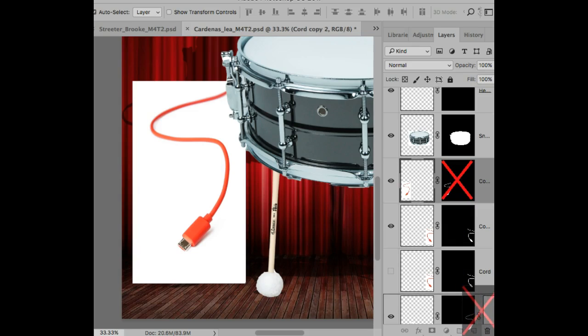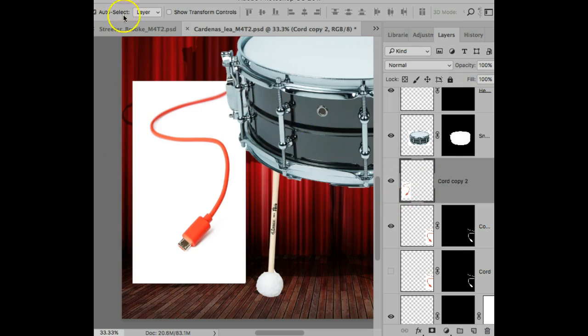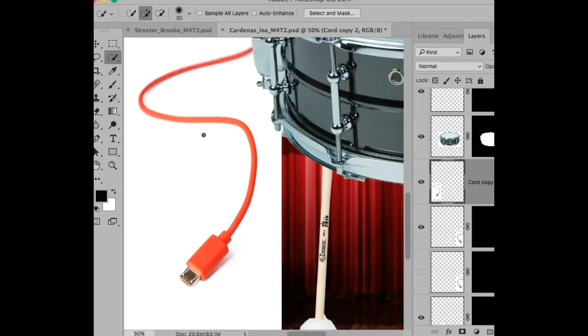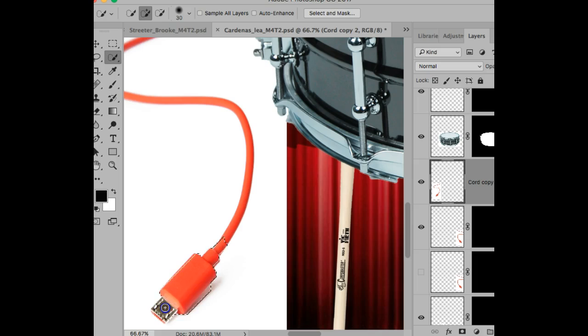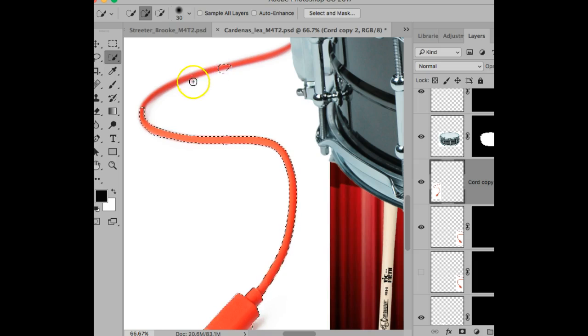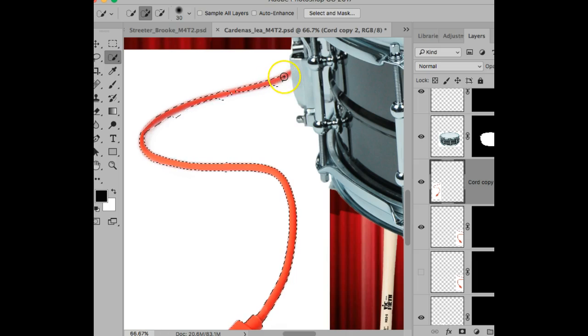We could experiment with trying to remake the layer mask. Sometimes if I'm having a problem with the layer mask, I actually just redo it to see if that helps, because sometimes Photoshop will, you know, let's just see if it'll select this whole thing here. So I'm going to try to select as much as I can with the quick selection tool. Okay, and then we can apply our layer mask here